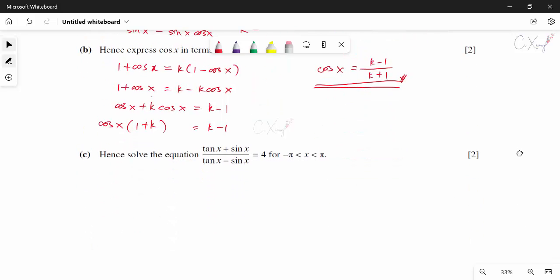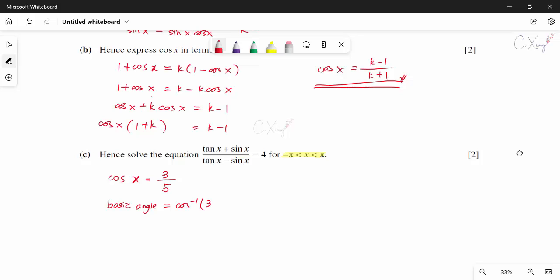Okay, so since I know that cos x is equal to k minus 1 over k plus 1, and in part C, the k is actually 4. So 4 minus 1, you get a 3, and 4 plus 1, you get a 5. Okay, so we would like to solve this equation from negative pi until positive pi for x. So first, you can find out the basic angle. So the basic angle actually will be cos inverse